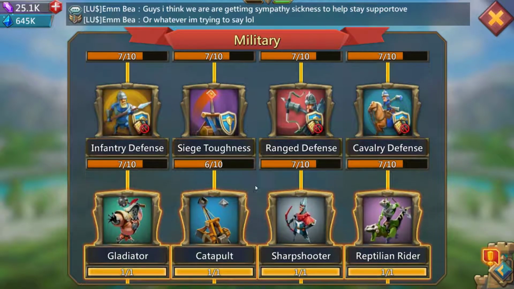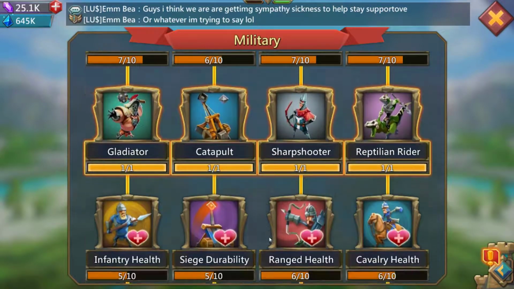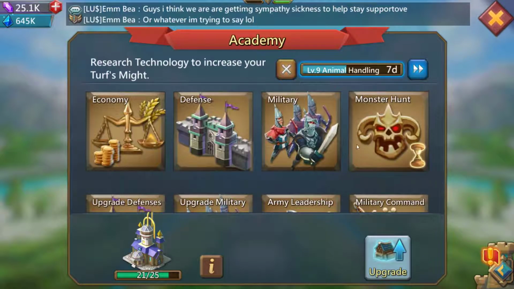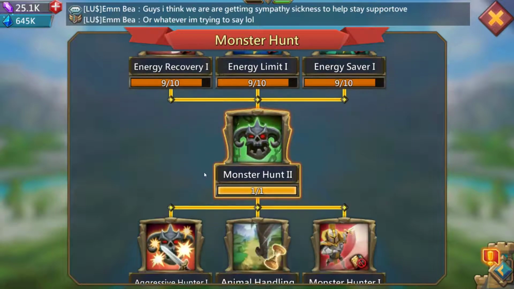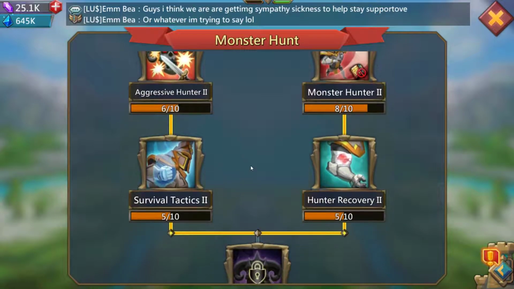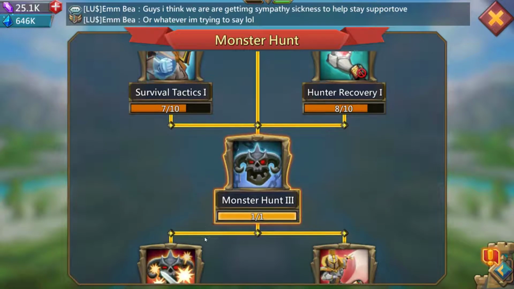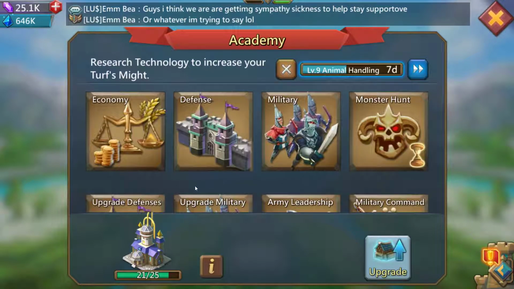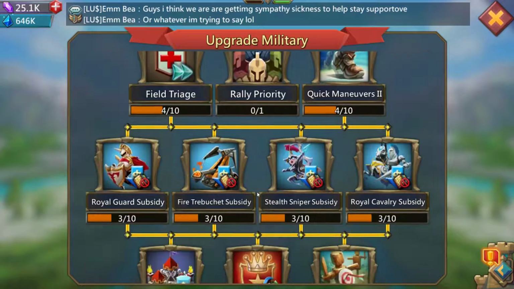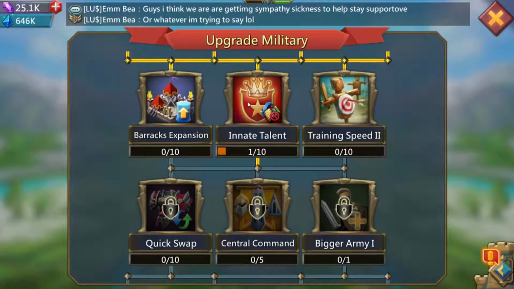Military, obviously, you're going to want to have everything. You're going to want to have your attacks at 10, everything else at 9, including these 3, and those are the hardest. Monster hunting, do a minimal amount of monster hunting just to make sure that you have what you need, I guess is the best way to put it. You want to make sure that you have the ability to just quickly get a couple hits in, kill your 2 monsters a day, that's it. Don't worry about upgrade defenses. Upgrade military. Quick maneuvers is okay, you can work on subsidy, but really your main focus is to rush your